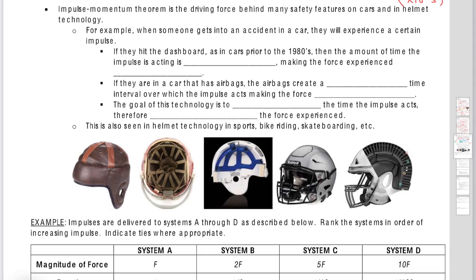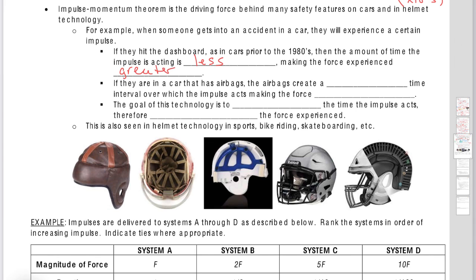So they're going to go from like 50 miles per hour to 0 or something like that. Now, if they hit the dashboard, as in cars prior to the 80s, because airbags didn't become standard until sometime in the 80s, 90s, then the amount of time the impulse is acting is less, making the force experienced greater,